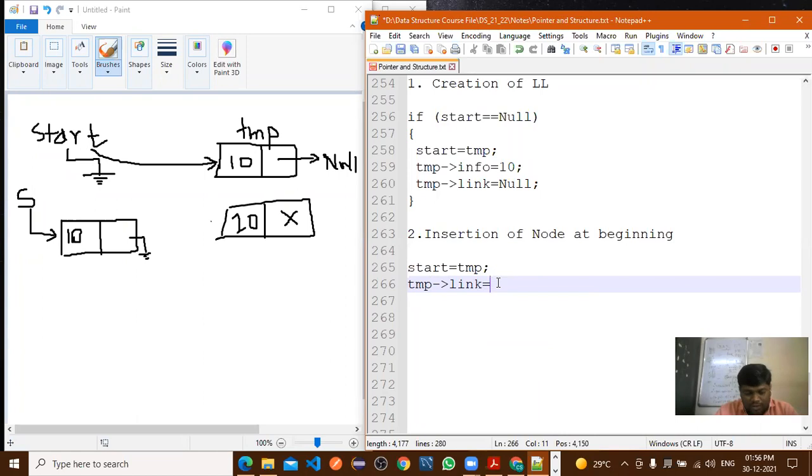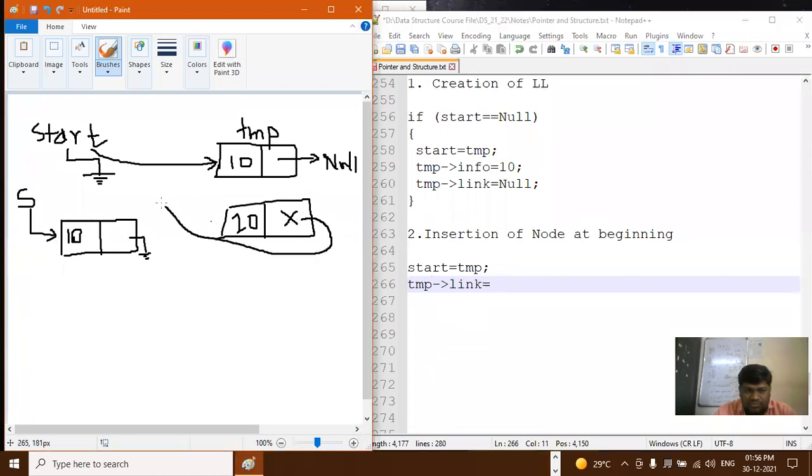Temp of 20, link 10. मला हा सुरुवातीला ऍड करायचा आहे इथं, ह्याची लिंक काय असेल? Null. इथं असाइन करायचं. info.